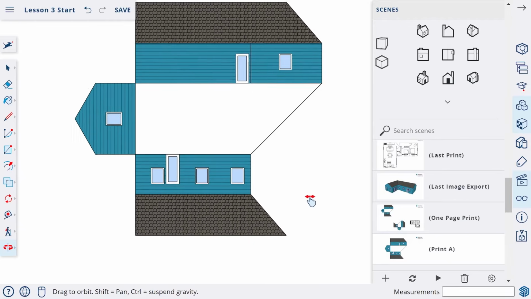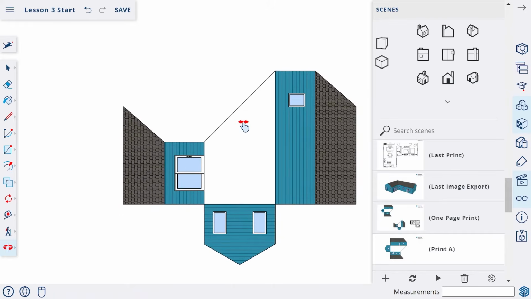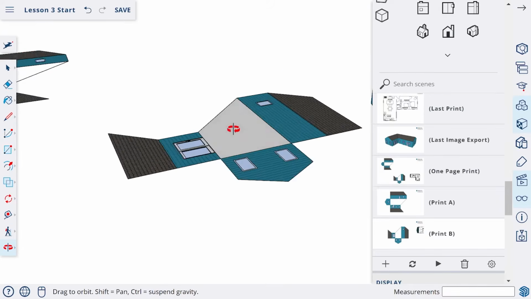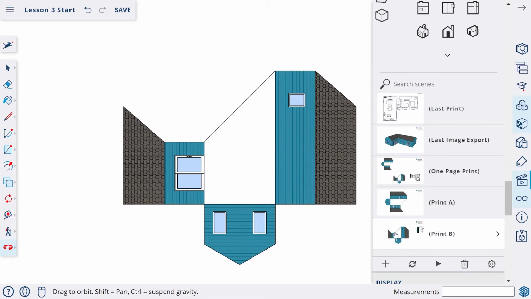And then we can pan down and over to our other section and add that as a scene and call that print B. The naming doesn't really matter that much. It's whatever you need to know and remember to recall it later. So as you make changes to this or adjust it, let's say maybe I orbit and navigate around, I can always double click back on the scene tab to get back to the camera position, whether it's this one,